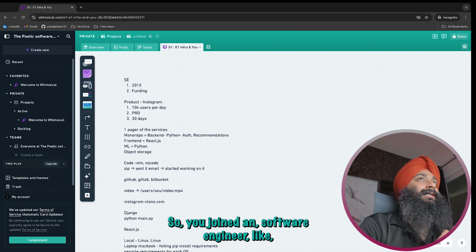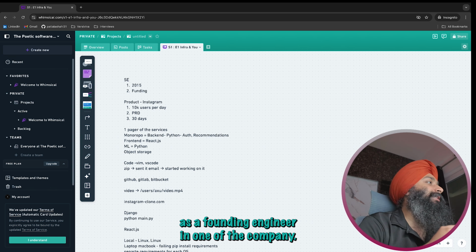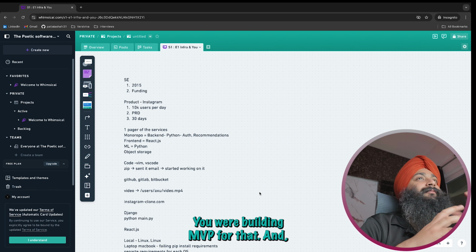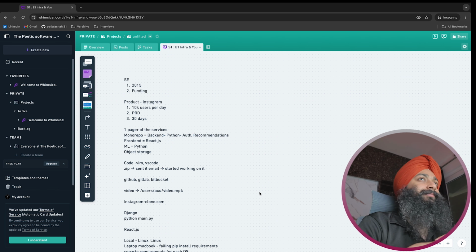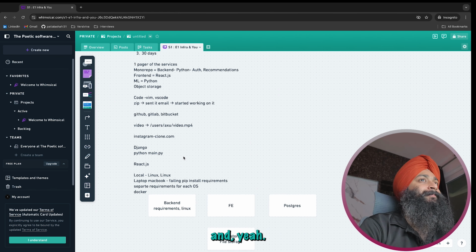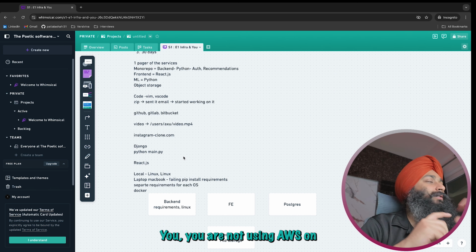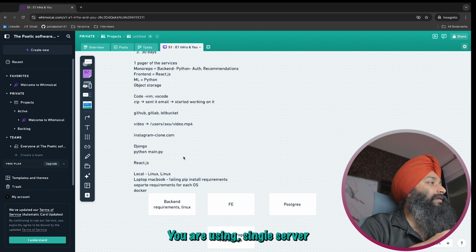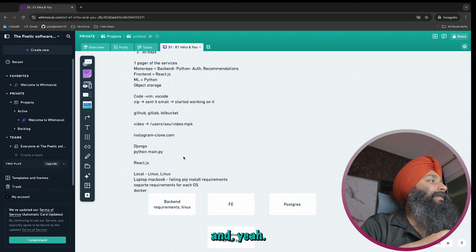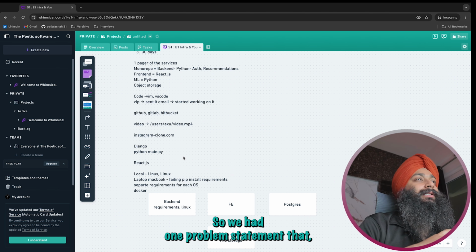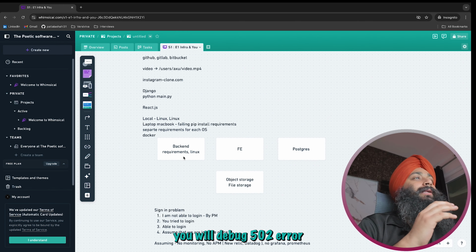So you joined as a software engineer, like a founding engineer in one of the companies, and you were building an MVP for that, and you just created 3-4 services, and you're not using AWS or any kind of cloud. You are using a single server, and that's it. So we had one problem statement: how you will debug a 502 error, and